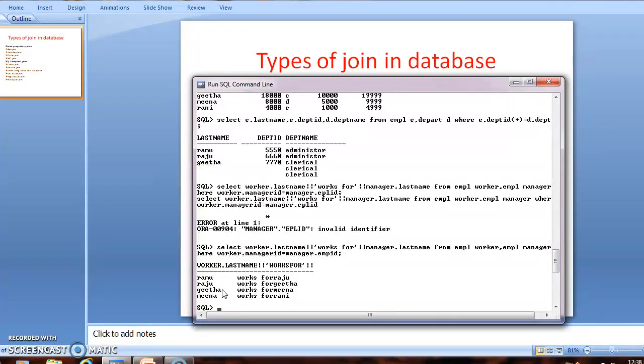The last name in the employee table itself makes a join with the last name in the employee table.